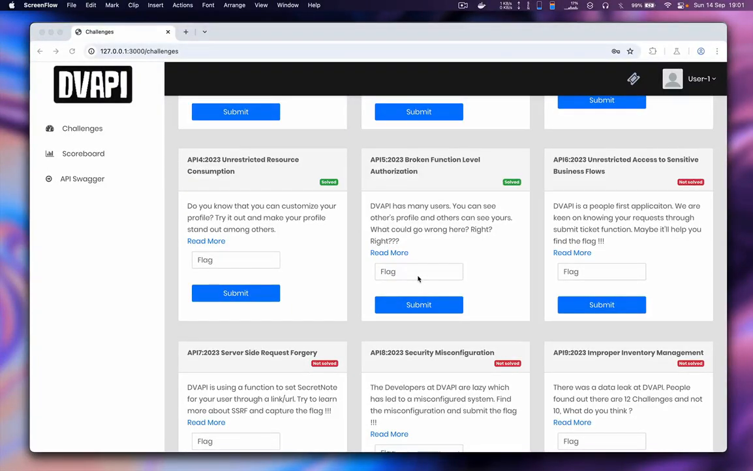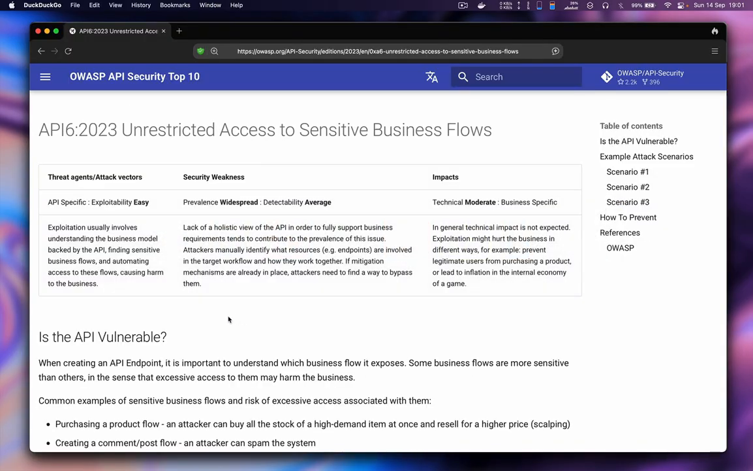Okay, so for the next attack or challenge, it is unrestricted access to sensitive business flow. What exactly is this challenge all about? This challenge is all about finding sensitive business flow. I will not always call it that, but in order to identify the vulnerabilities which fall under this unrestricted access to sensitive business flow category, here we have to identify an endpoint which